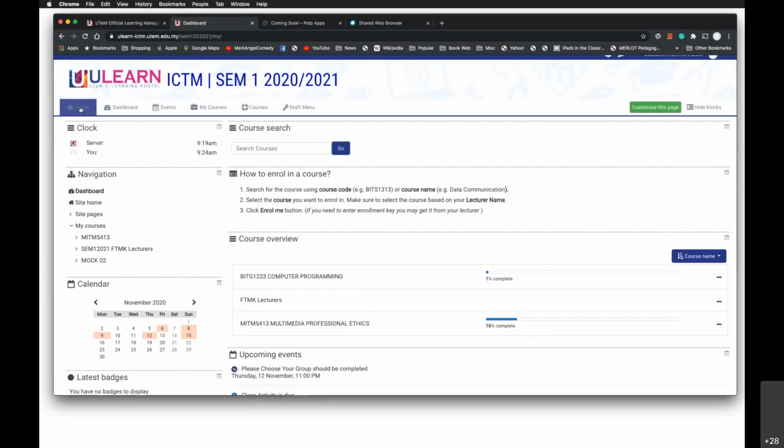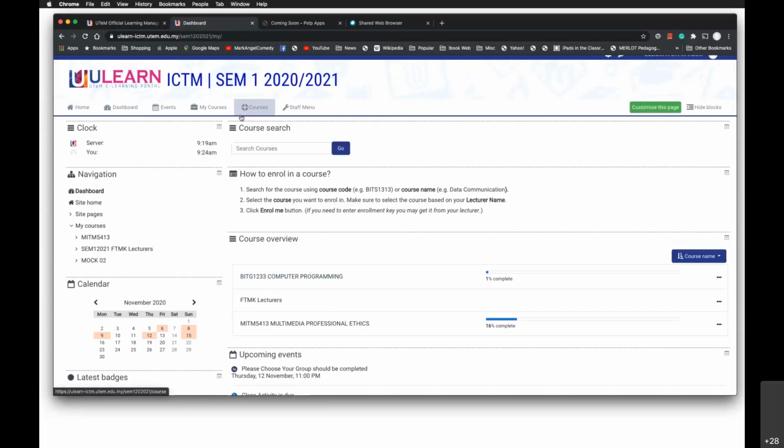Now we have the menu, just like a normal menu, your home menu. You go back to the home menu, you go to your dashboard, just go to your own dashboard like here. There's an event menu, which is your calendar. And that is all your courses. Also, you can access the list of all the courses that you have from this menu, beside the one